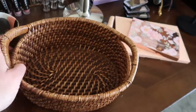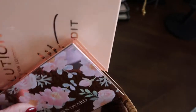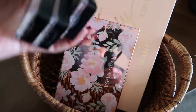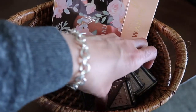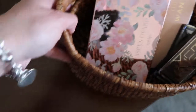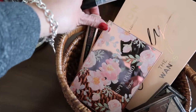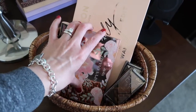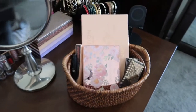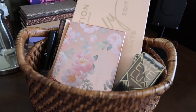Okie doke, I got my basket here, and I'm going to put in what I have already chosen to use this week, which is essentially just the eyeshadow component. I have actually not been doing eyeshadow all that much. I just put one color, or even just the blush color on my lid and call it a day, and I've been liking that. I also haven't been using much foundation, and I've been using powder foundation, so I haven't been using much liquid foundation, and I've been liking that. But also I got a bit of a breakout situation,